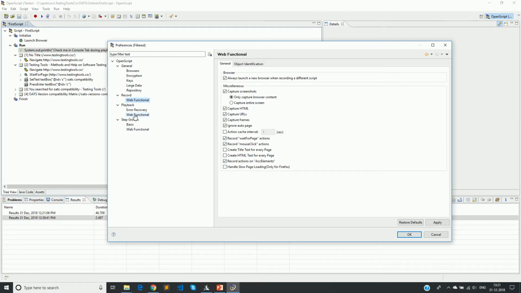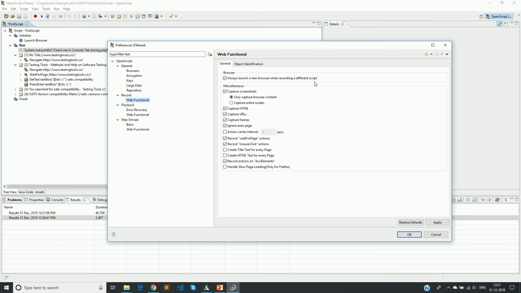You can also see the complete options for all the applications. I will show you, but let's finish this on web functional. So here for the record, we have options like always launch a new browser when recording a different script.